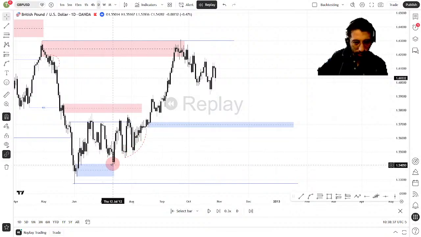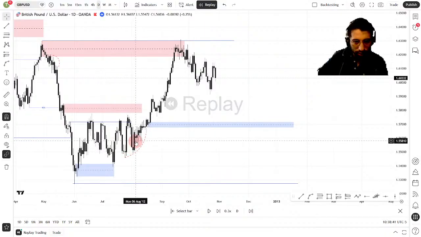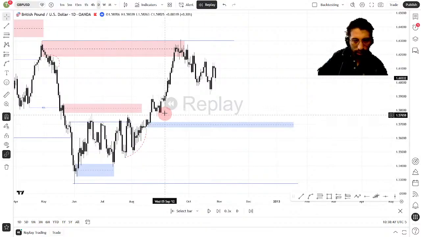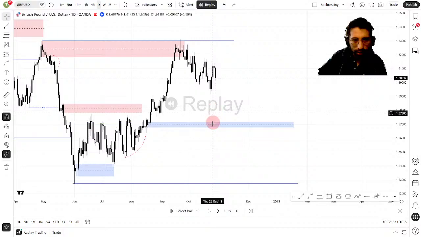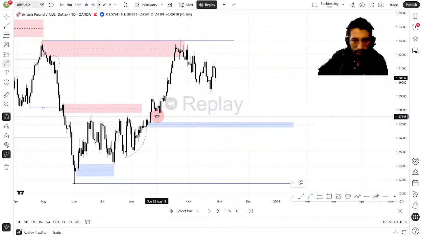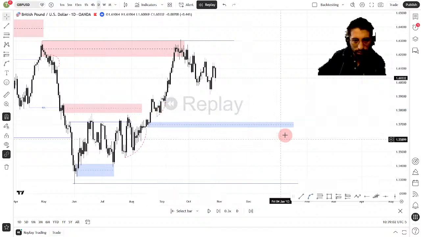So let me look. This is another block. It was mitigated. Then you have another block. It was mitigated. Then you have another block. It was mitigated. Another block mitigated. This was the one which wasn't mitigated, and now we have the same pattern. Another block mitigated, another block, and apparently it will be mitigated. What do I think about this? So this, or the block which is not mitigated, I'm talking about the one here, this blue one,